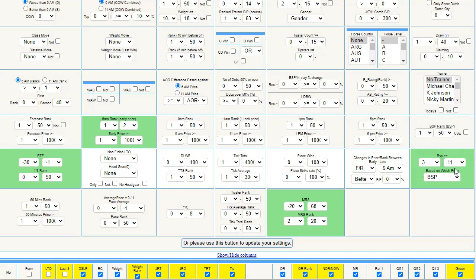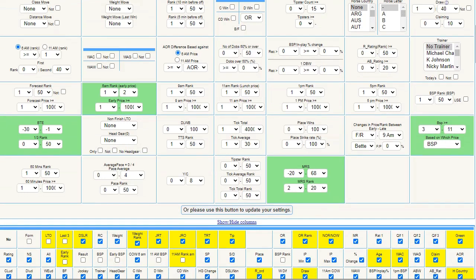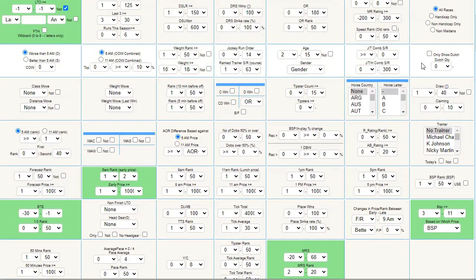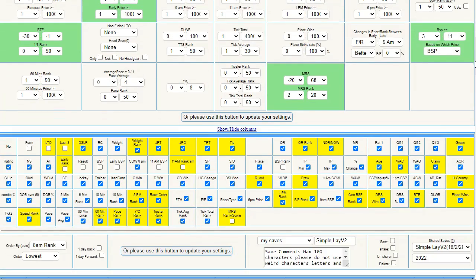Now you can stick to the top end, because on lays, Betfair never match above what you've asked for, but they can match below what you asked for. So just be a little bit careful with that. Apart from that, that's basically it. So if we go down,